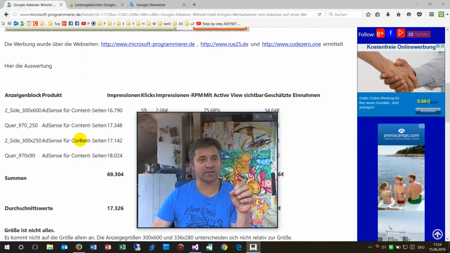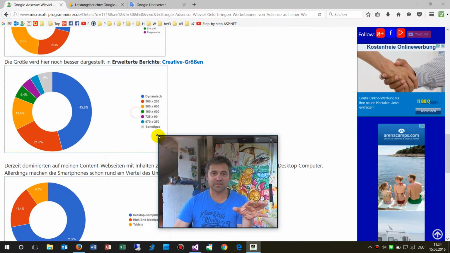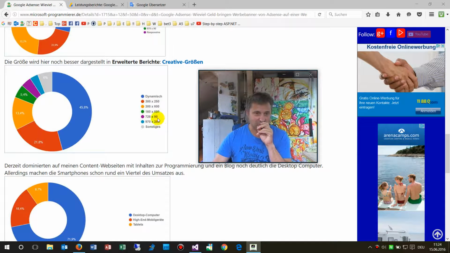So when I investigate this, it's not only the size. Let's say the big one is dynamic. Google has those adaptive content sizes.